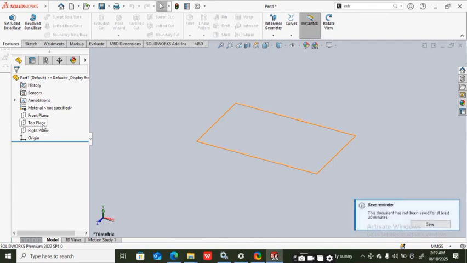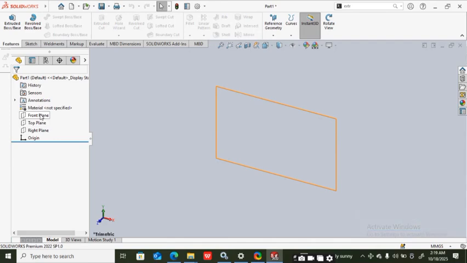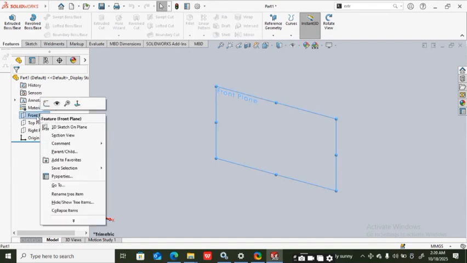For the sake of this tutorial, let's go to our top plane, but you can start from any plane. There's no penalty for that. You can start designing from any plane that you want, there's no big deal about it. It just depends on what you want to start your model from. Now I'm going to click my front plane. So once you get your front plane, what do